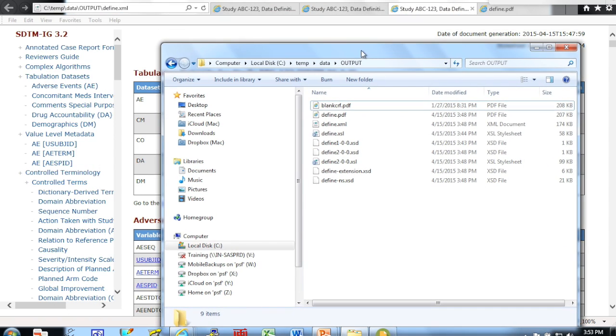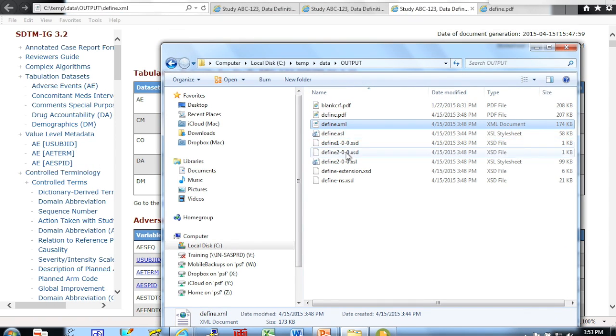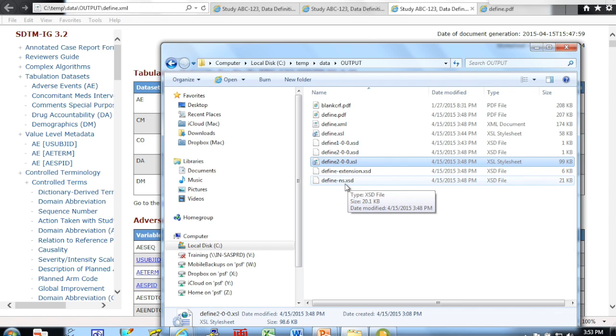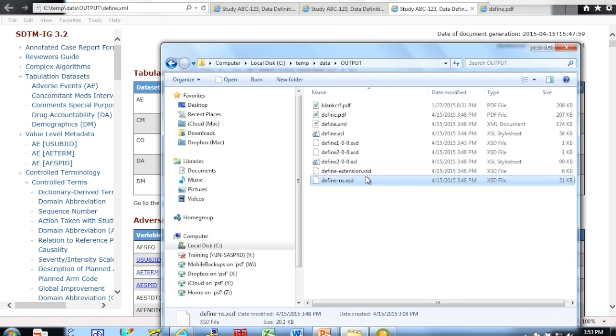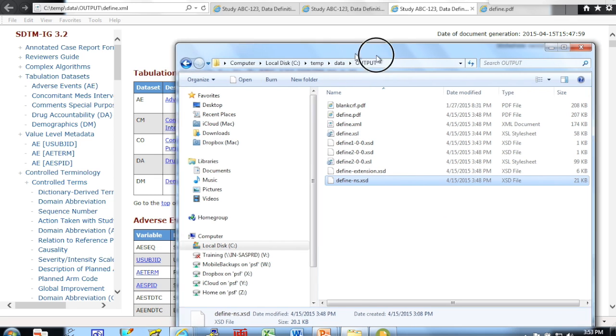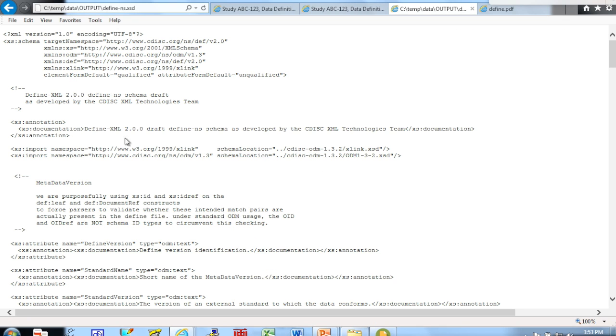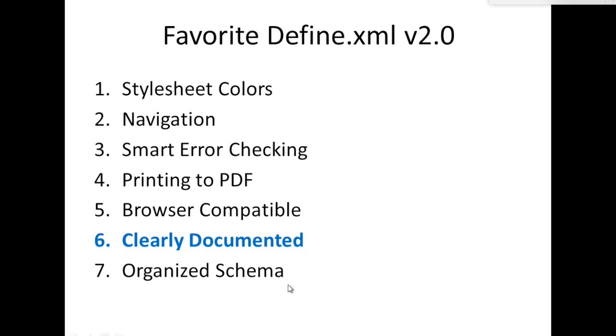if I were to show you the actual physical files, the Define.XML is what we're looking at, but it's accompanied by the style sheet that has the fonts. But the XSD, which is the schema file that explains the meaning of everything, is also very well organized. You don't have to understand the details of this, but it basically explains what each tag and element is used for and for what purpose, and it really helps in generating it when this is well organized. This underlying schema and documentation helps you in implementing version 2